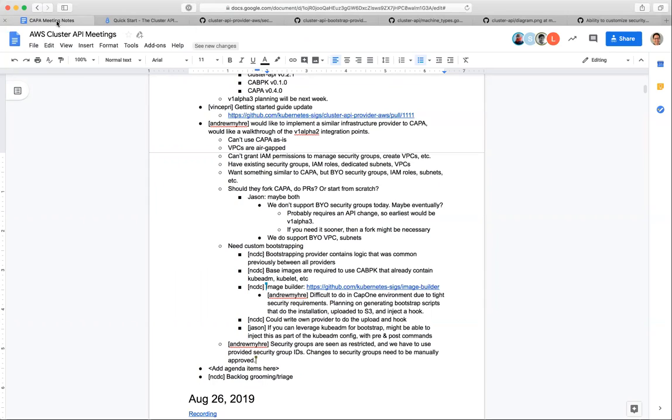Well, it seems reasonable to me that if you don't want to go with what Kappa has for defaults, and you have a set of security group IDs, why not make it possible to assign them, your choice, to the load balancer and to the machines? Absolutely, I'm 100% agreeing. I'm thinking about the implementation and how we would make it flexible enough that we don't lock anybody into a particular way of